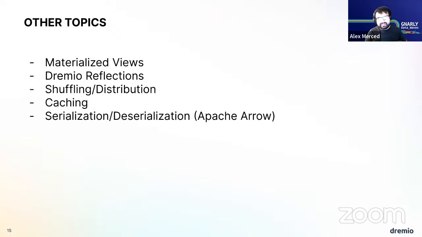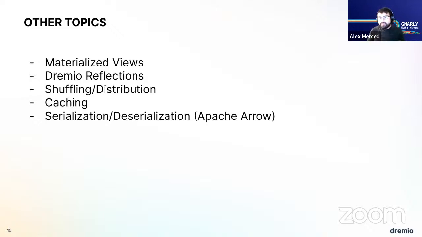And then the last topic will be serialization and deserialization. The idea is that there's a cost every time your data transfers between different formats. In the past, the way we would transfer data would often be in row-based formats, or we might have the data in a columnar file format, but the actual tool we're using loads the data and then converts it to a row-based format or a different version of the columnar format. Every time you're switching formats, there's a cost to deserialize and serialize, to get out of one format into another.